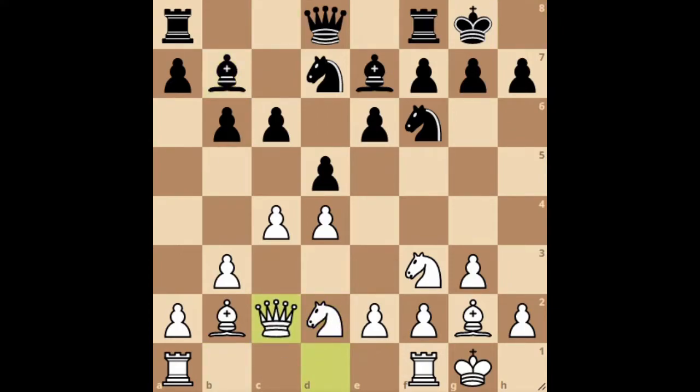Now the plan is evident for white to play pawn to e4 next move and try to break out in the center of the board. And if black doesn't take, we play pawn to e5. That's kind of obvious, with the idea of gaining as much control of the center of the board. This used to be slightly worse for black, but then due to engine developments after pawn to c5, it is